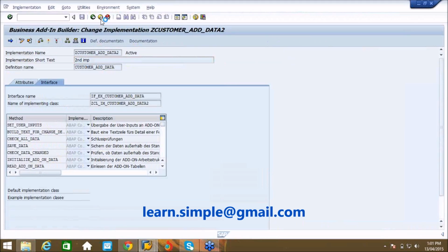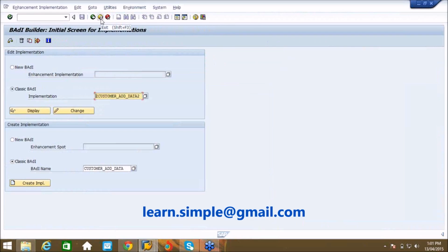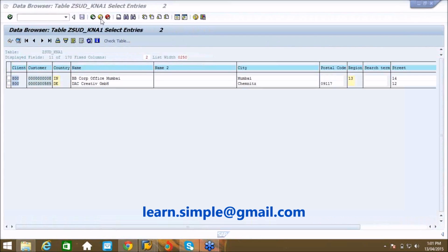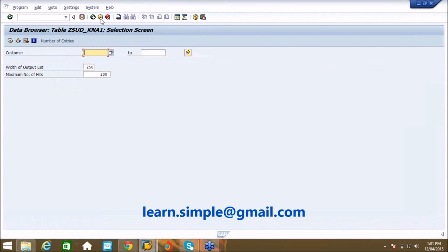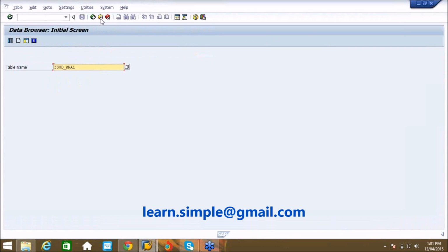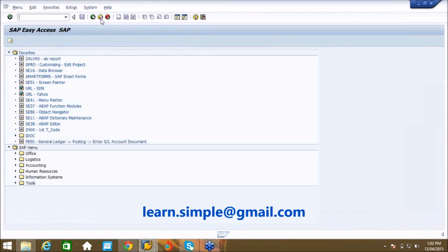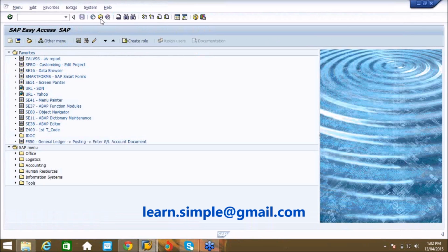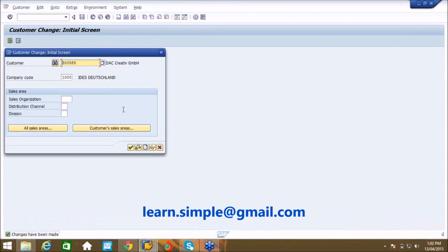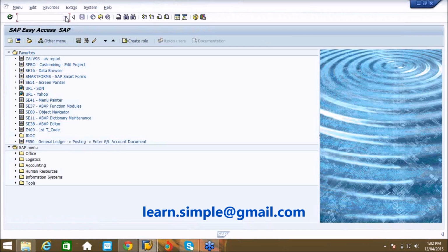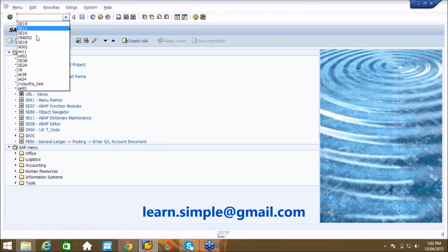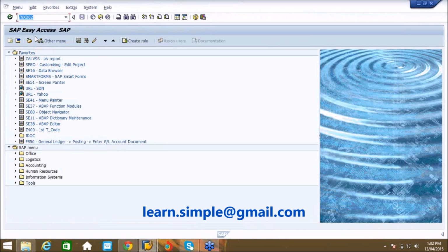Let us go to the XK02 transaction and see. So I'll close this and load it from the beginning, because we are in the middle of the transaction. The changes will not reflect.